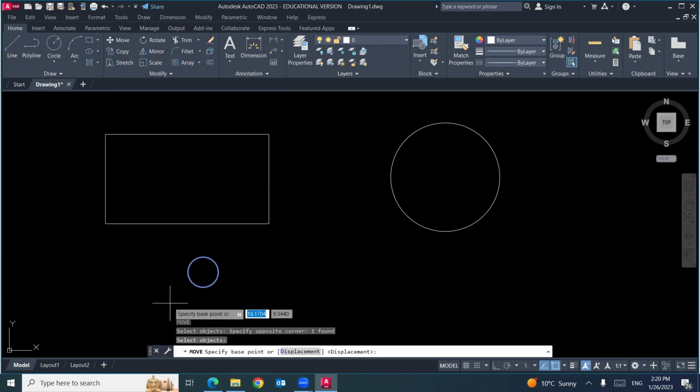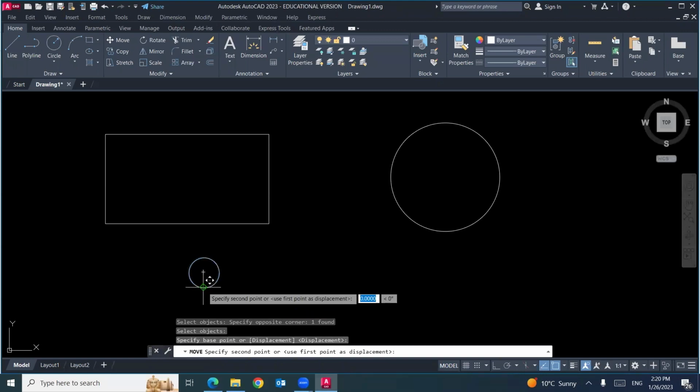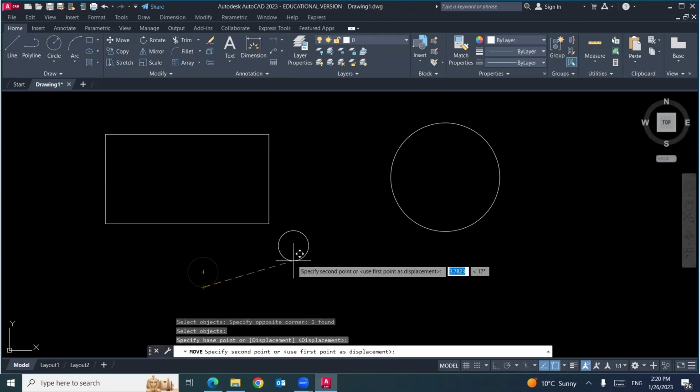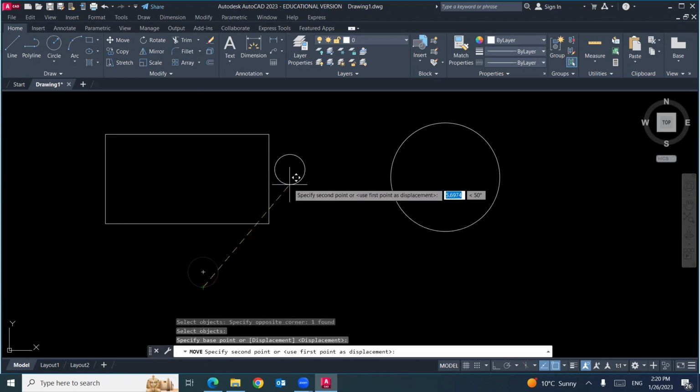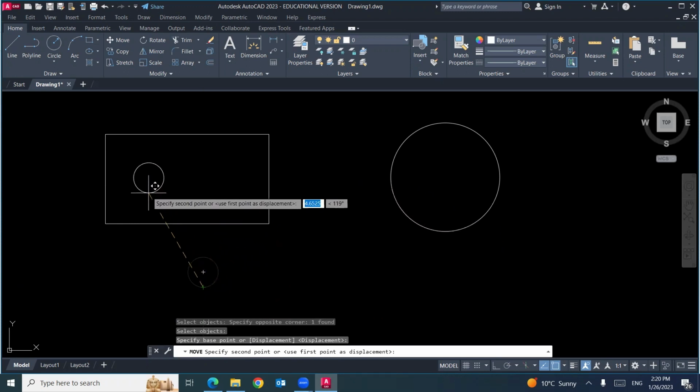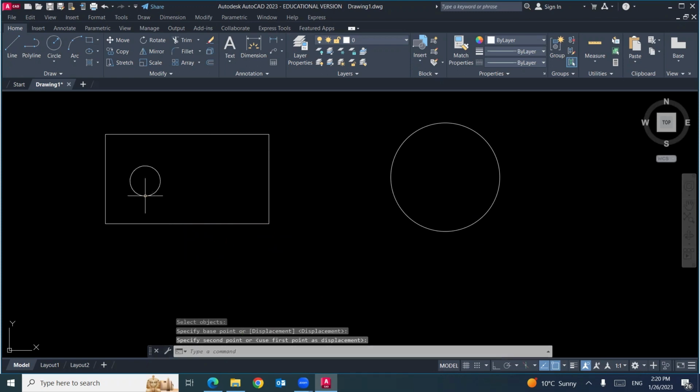Then enter. Specify base point where you will hold this circle, at any point, for example, this one. Then you will find your circle can be moved anywhere. Just move your mouse. Come here, for example, and do another click. Then I moved the circle from this position to this position.